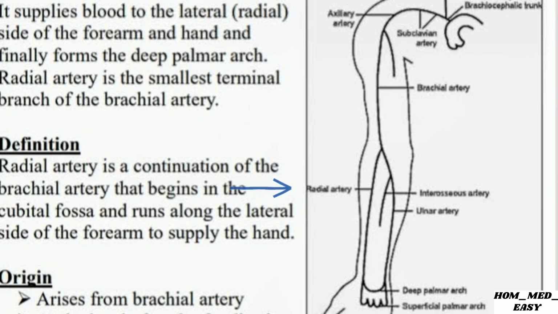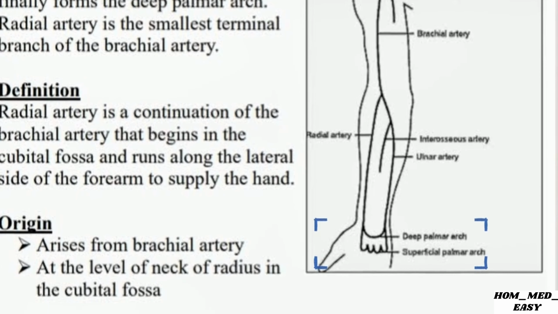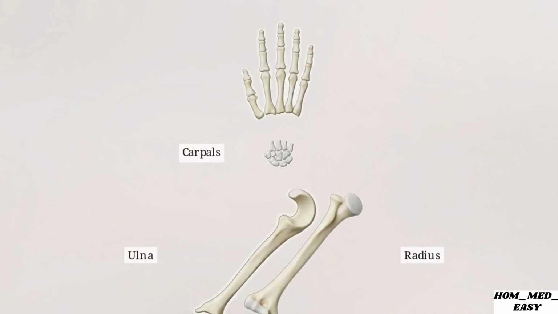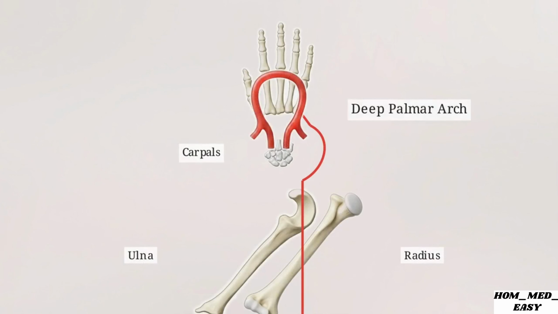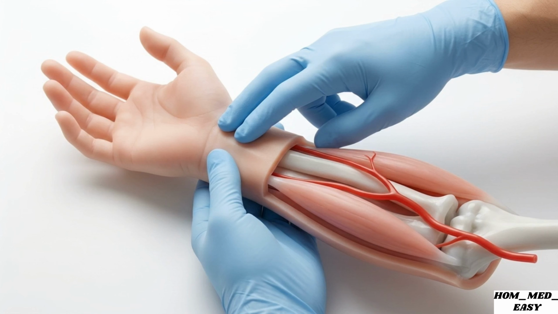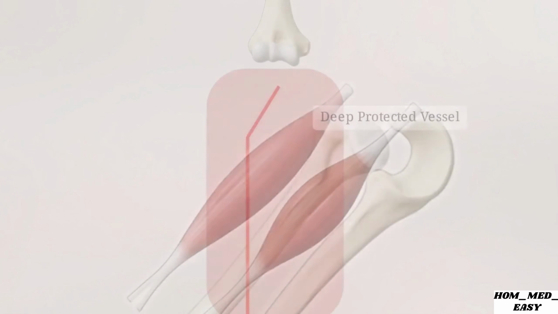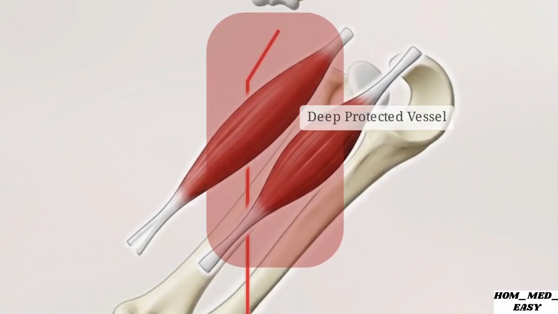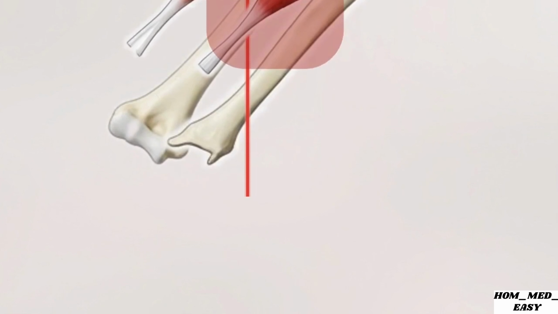Its primary function is to deliver oxygenated blood down the lateral, radial side of the forearm and directly into the hand. Ultimately, the vessel terminates deep within the hand itself, completing its circuit by forming the deep palmar arch. The clinical utility of the radial artery relies entirely on a specific structural transition. It begins as a heavily protected deep vessel, but eventually emerges into a highly accessible superficial plane, creating an optimal